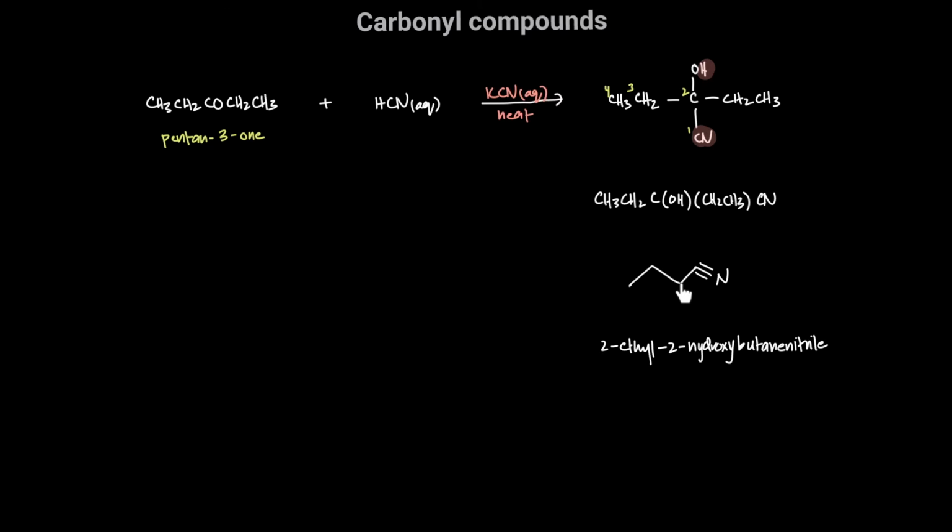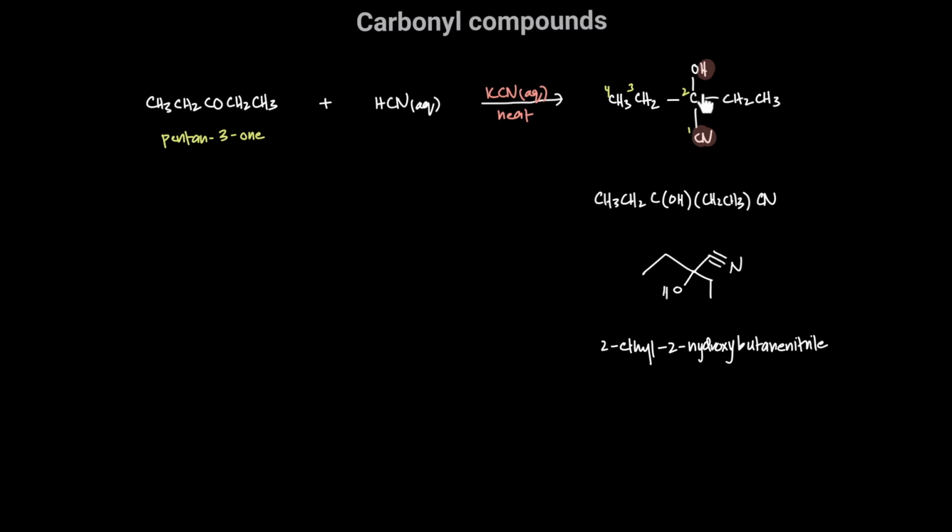So this is carbon 1, and on carbon 2 we have an OH group and an ethyl group. So this is the skeletal formula for this compound. In this case, we end up producing just a single product